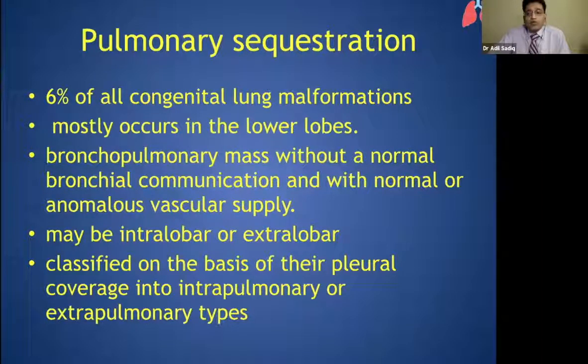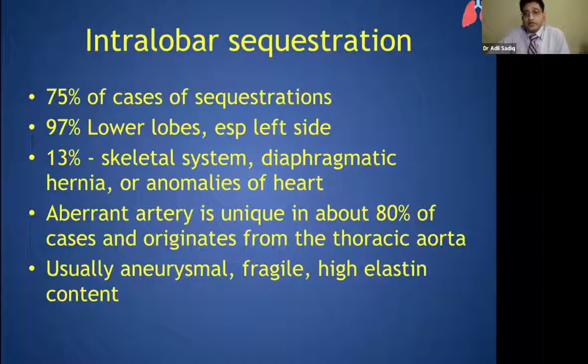So what we need to know about this: it most commonly occurs in the lower lobes, and there's a bronchopulmonary mass without a normal communication with the bronchus, but it has either a normal or anomalous vascular blood supply, classified into intralobar or extralobar, or also on the basis of the pleural coverage into intrapulmonary or extrapulmonary types. So intralobar sequestration happens in 75% of all sequestrations, very commonly in the lower lobes, especially the left